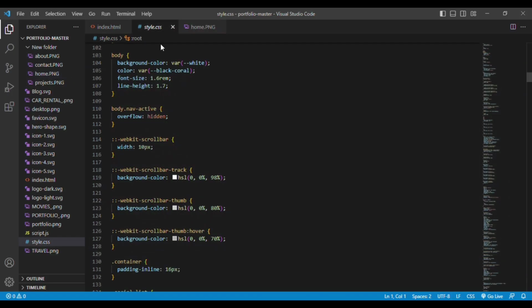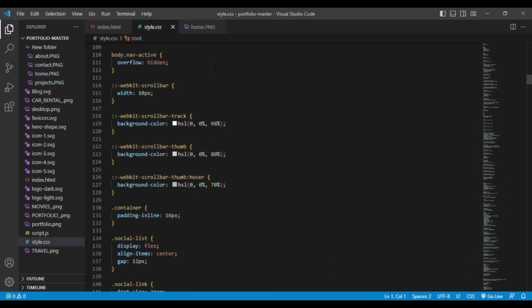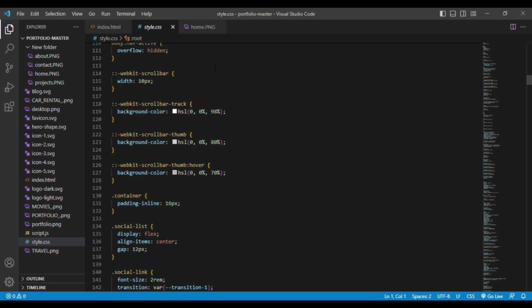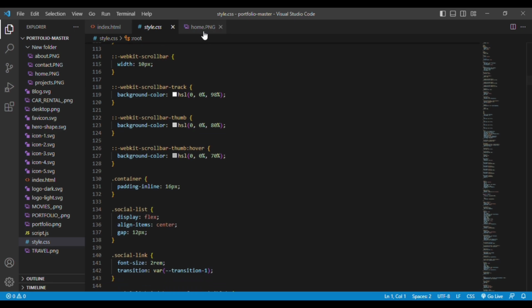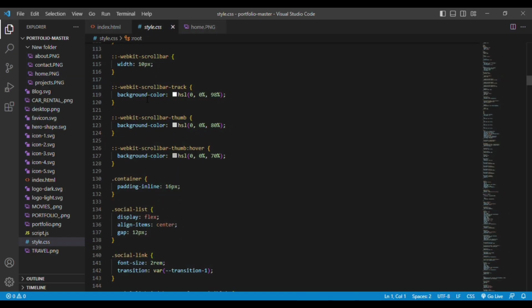Then we have body.nav-active overflow equal to hidden. So whenever the navbar goes out, the elements are more, then it will be hidden. And this webkit-scrollbar is nothing but the scroll element that we have used. This is the scroll. This is how you implement a scroll bar to your personal website. Then you can give the background color to it, and you can mention the hover effect also. So whenever you hover onto that scroll bar, you can see here